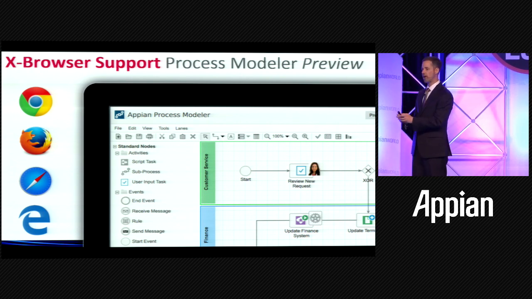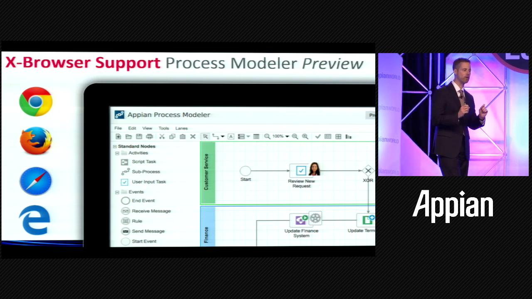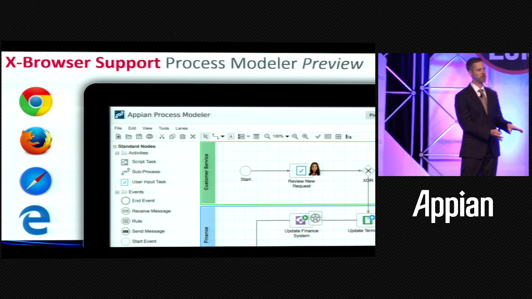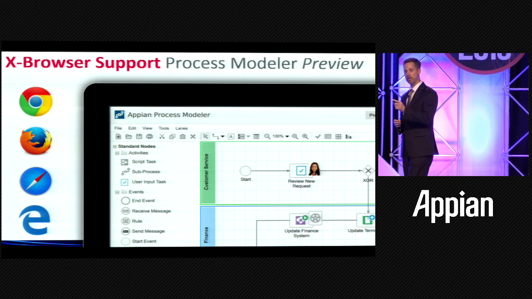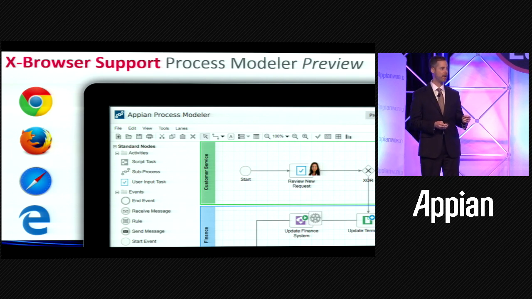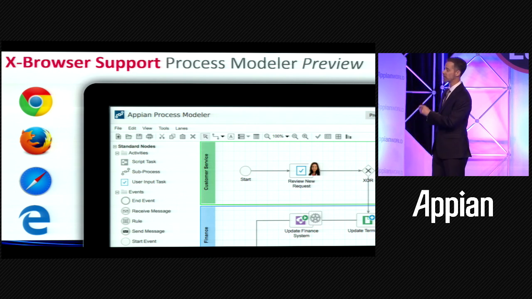We do have a Process Modeler Preview Edition available. So in 16.2, if you load the Appian Process Modeler in IE9, IE10, or IE11, you're going to get the exact same Process Modeler you've been enjoying for the past several years. If you open up that same process from Google Chrome, Firefox, Safari, or Edge, you're going to get this experience. Brand new icons, brand new styling, and also the capability, of course, to debug those SAIL forms inline inside the Process